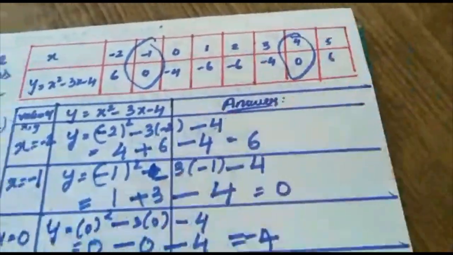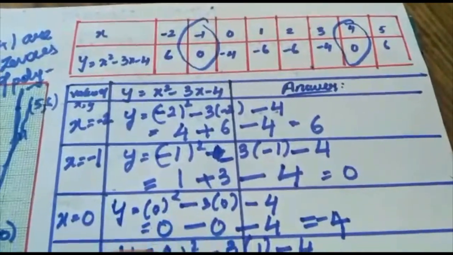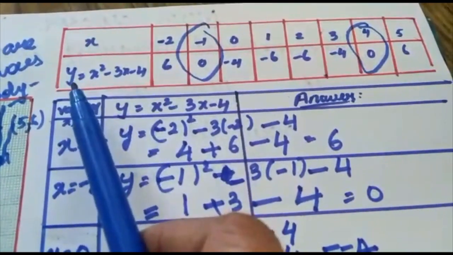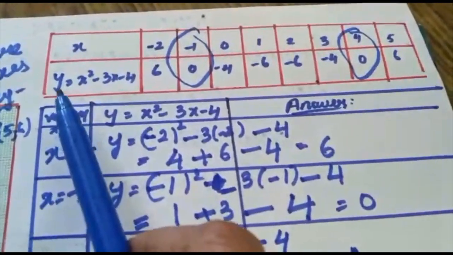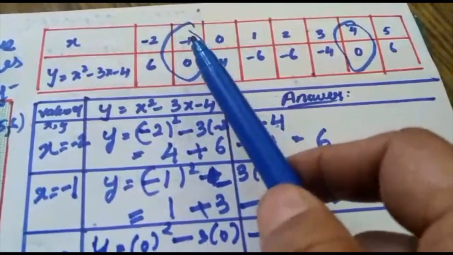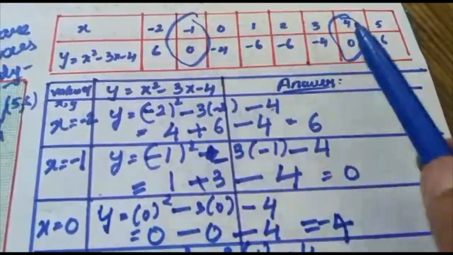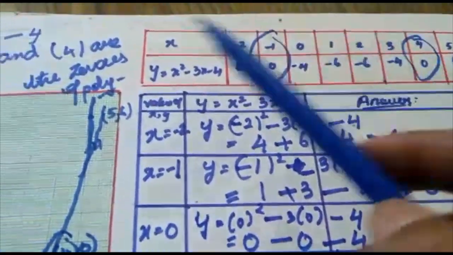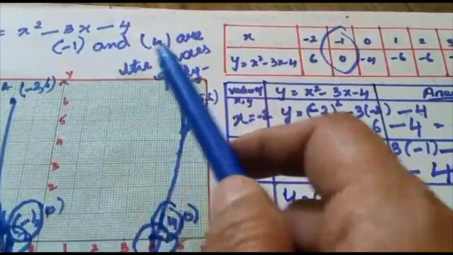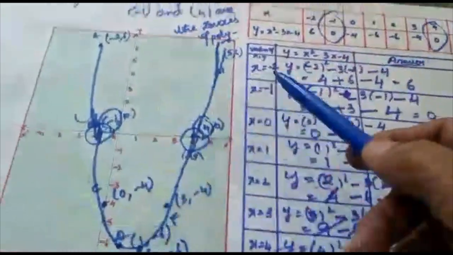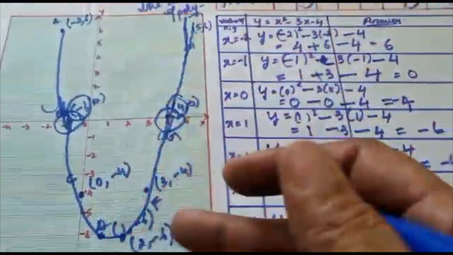So for finding the zeros of the polynomial, what we have to do is we have to put the value of y as 0. So when you put the value of y as 0, I am getting minus 1 over here, also 4. So these two values are called the zeros of the polynomial. The degree is 2, so we got 2 zeros over here. But based on this parabola, many cases are there. We will see more cases now.